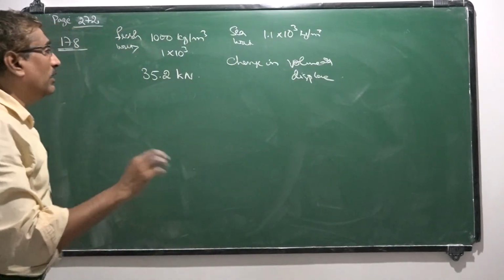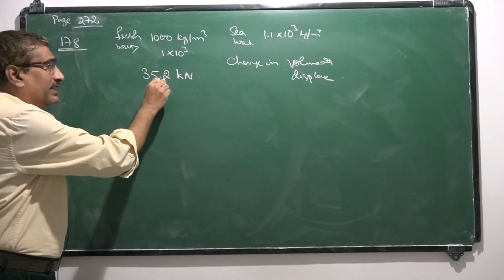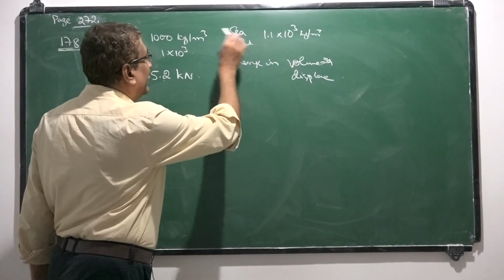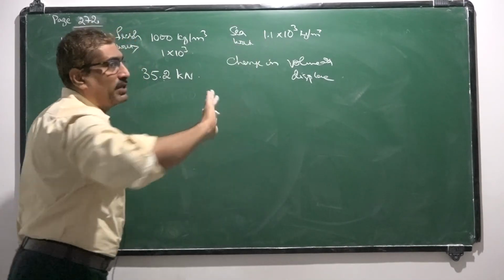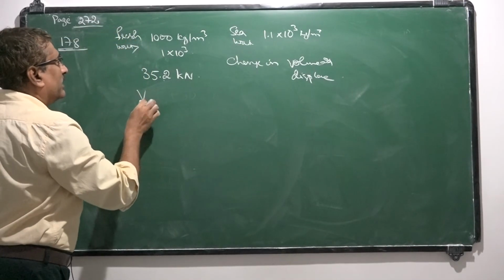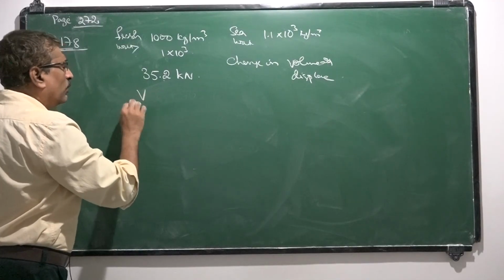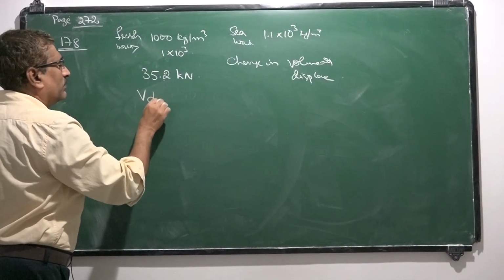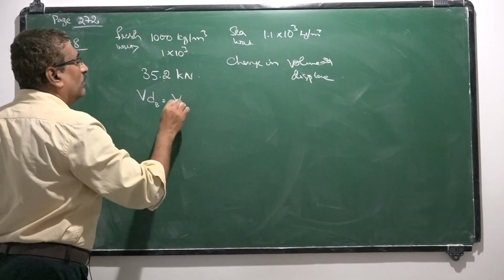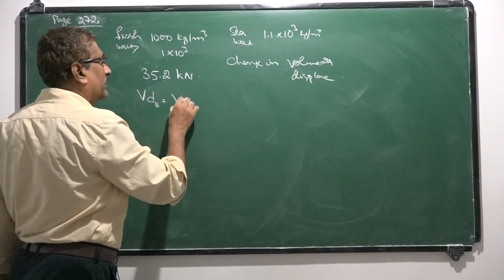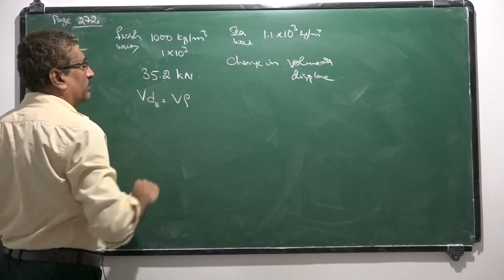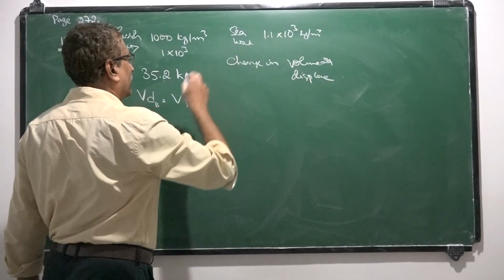Okay. Now, when it is inside this fresh water or inside this one, its weight is always equal to the displaced weight. That means here we can write boat volume into density of the boat is equal to volume of the water into density of water. Here also we can write